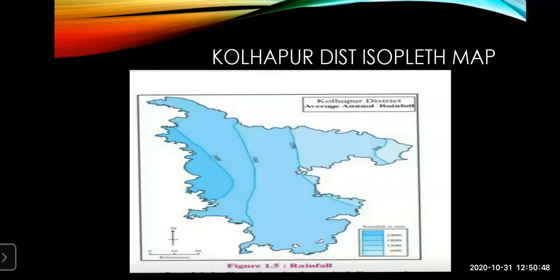Now next question is, which method has been used for preparing the map? Now you know it very, very easy. Isopleth map. Now these isopleth maps are used in different fields to show the climate data, to show the areas with the same pressure, rainfall, temperature. They also show the altitude with the same height, that is by using the contour lines, and are used in showing the seismic waves, which are used to measure the magnitude